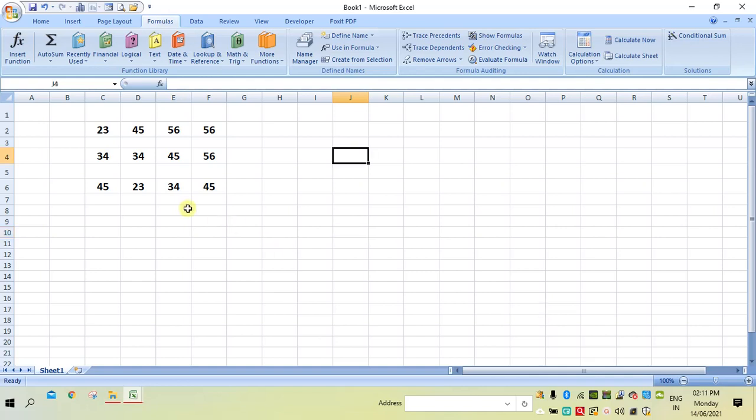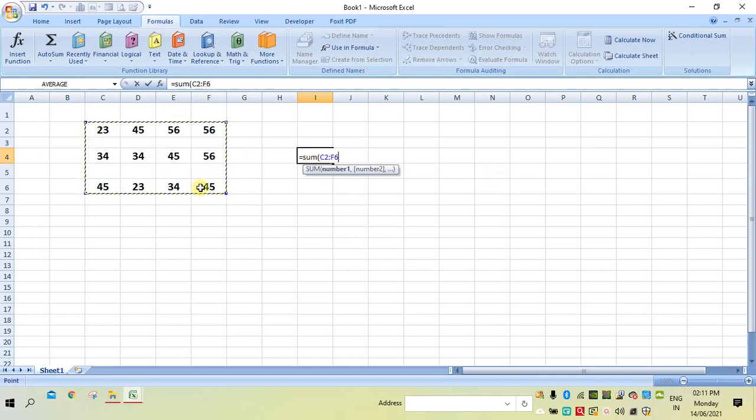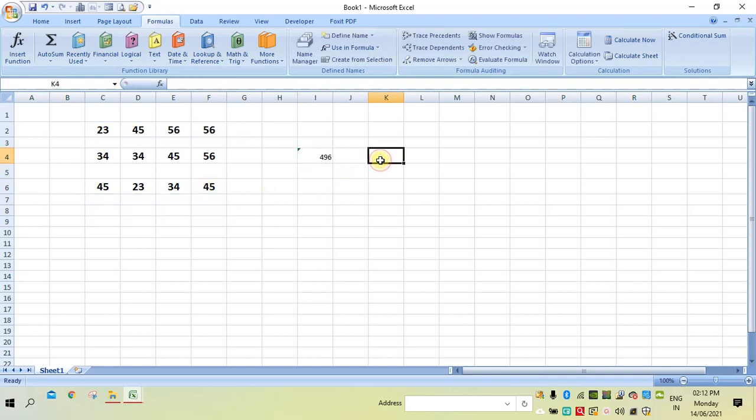So let me find the total of all these numbers. So instead of writing is equal to SUM in bracket and then the range, what I will do is use the specified names and then find the sum.